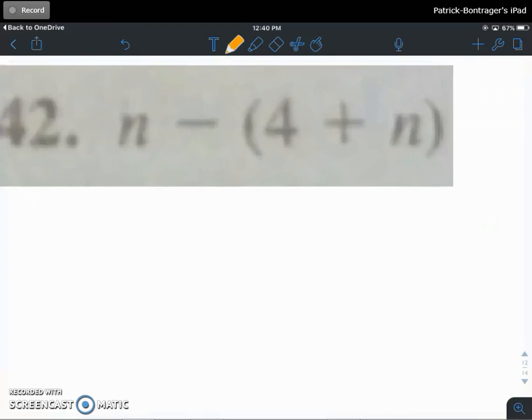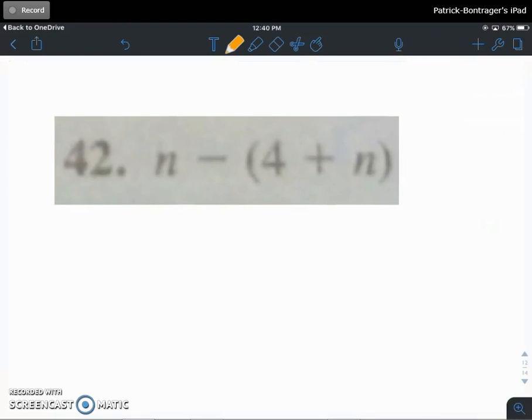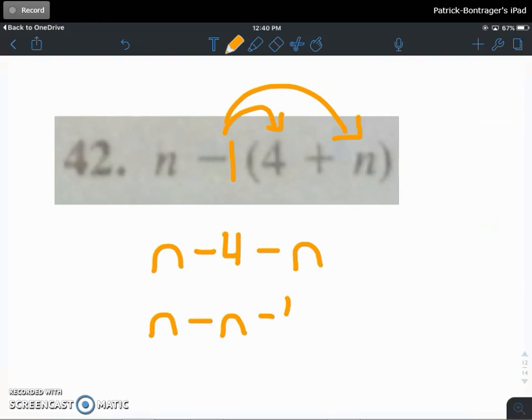I'll do one last distributing. N minus, so I'm going to do this as negative 1. So negative 1 times 4 is negative 4, so I get n minus 4. Negative 1 times n is minus n. Again, associative and commutative allows me to reorder, regroup. It's going to be n minus 4. N minus n cancels, so I just get negative